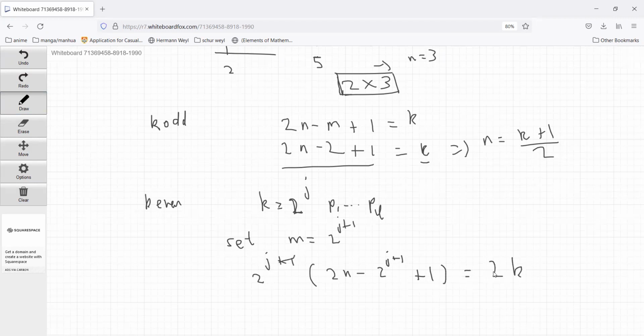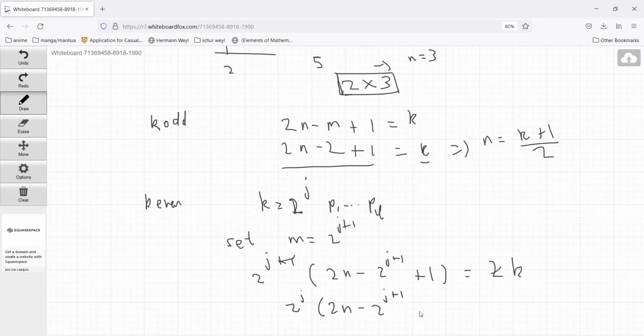So I can cancel one of these. And then when I cancel these, let me undo this. So I have 2 to the j, this whole thing, 2n minus 2 to the j